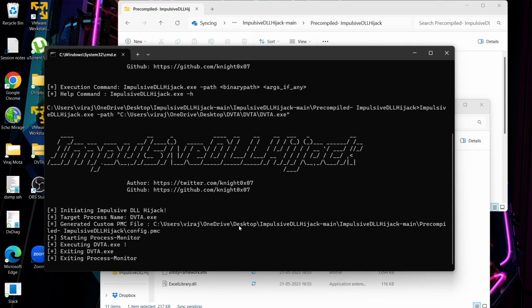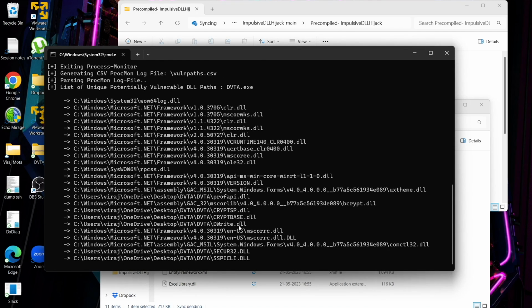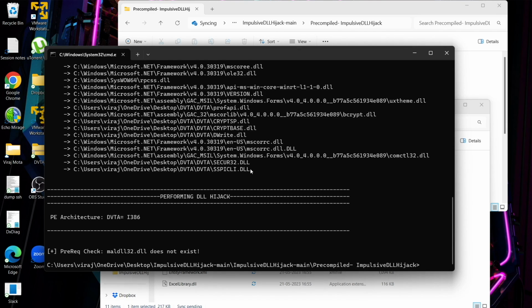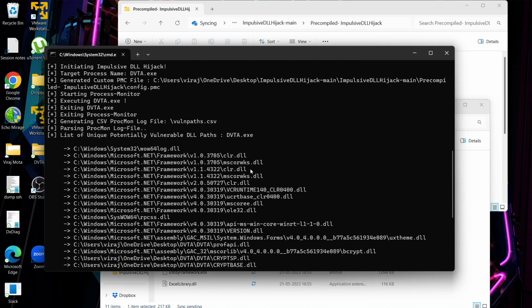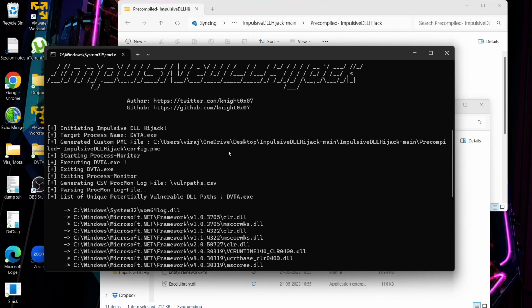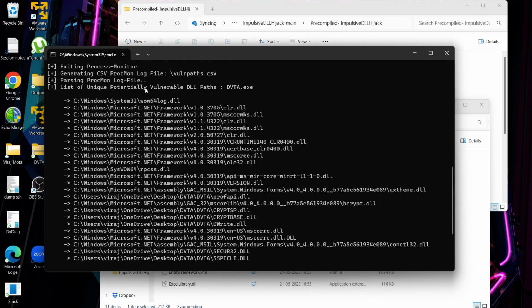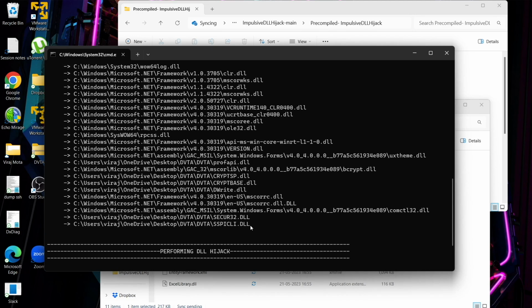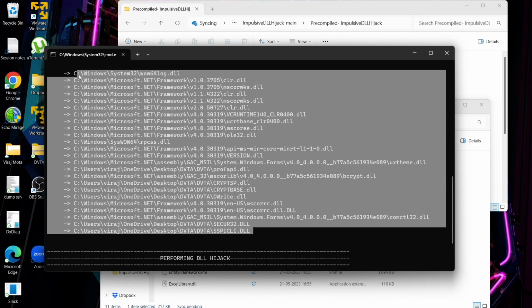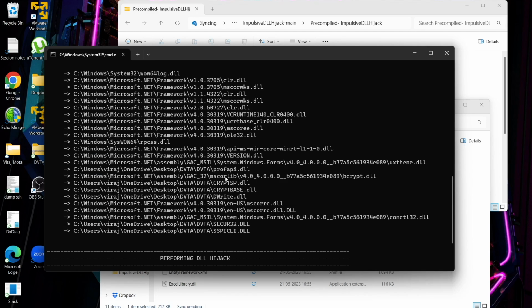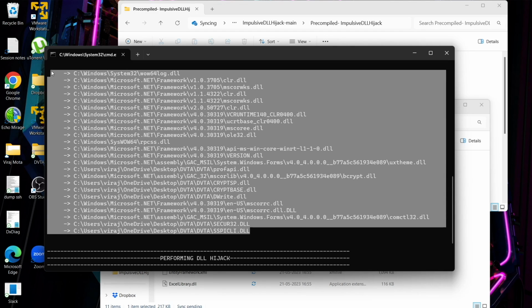It will again ask for the procmon. It's existing, it runs it behind, right? And this tool is amazing, right? If we see the result, what are the things we are getting? Here we are able to find, it will list out the potential vulnerable DLL paths, right? And these DLLs are nothing but where we, as an attacker, could replace any malicious DLL